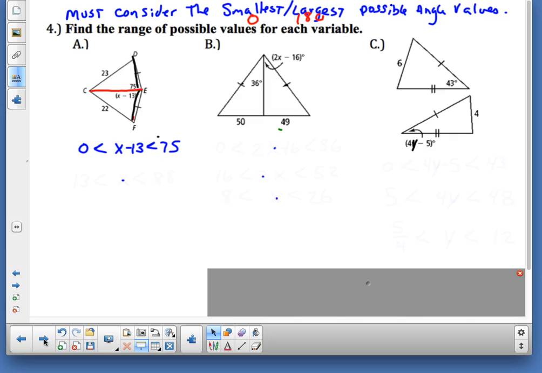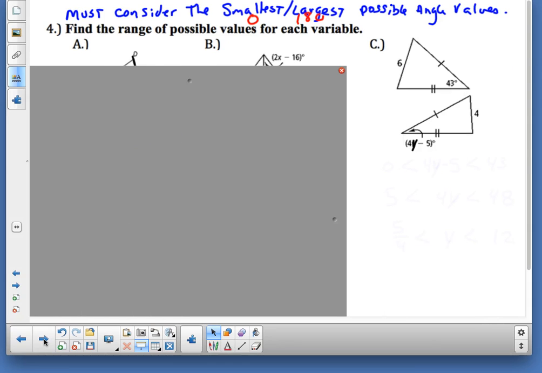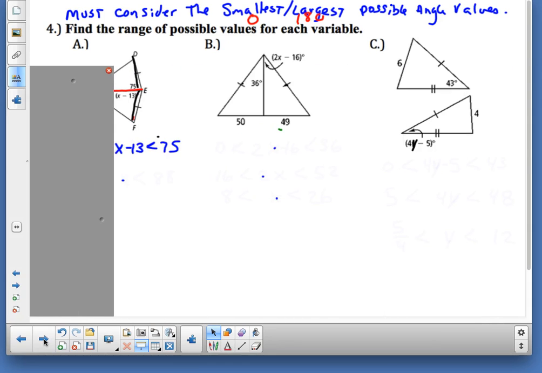Now, once I do the setup, I'm taking my diagram and putting it from geometry to algebra land, right? So what I want to wonder about with y'all is, what if it was just that? How would I solve for x? Do you remember doing inequalities? Do I do really anything different with them other than, when I multiply or divide by a negative, I've got to switch the sign? Other than that, I just solve the way I've been the whole time. So I've got x minus 13. So I just add 13 to both sides, right? To get x by itself. Does that make sense?